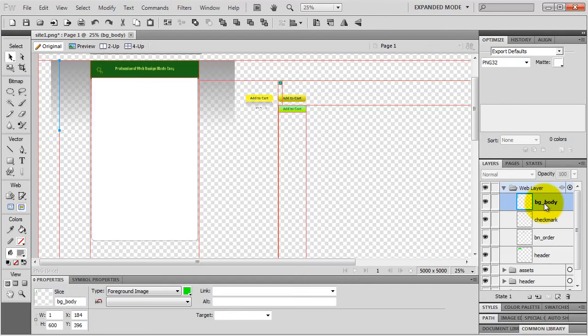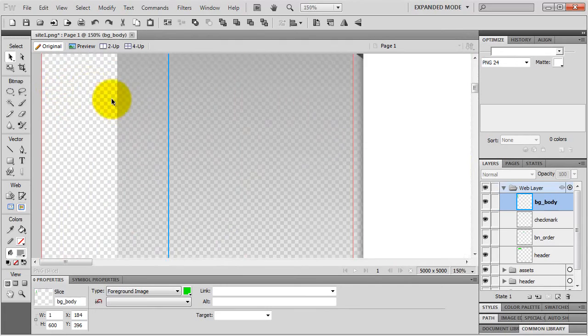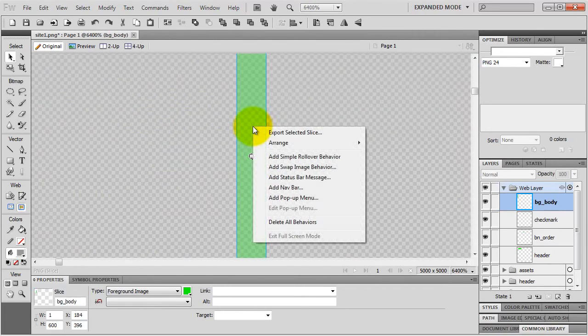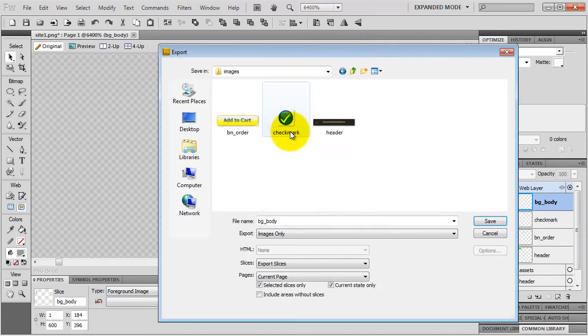BG stands for background, and body because it's going to be the background of my body in the CSS code. You will understand it in the next video when we set up the site in Dreamweaver. Okay, I export my slice to PNG 24 format because it doesn't have to be transparent. I select my slice so I can zoom on it, and I right click on my slice or control click on the Mac and choose export selected slice. Click save,